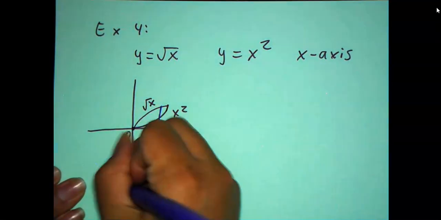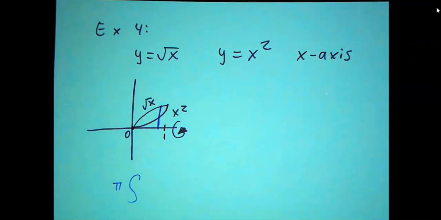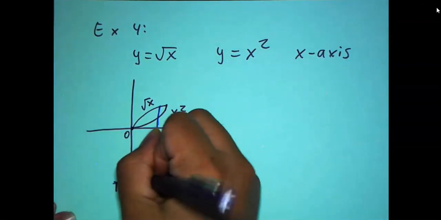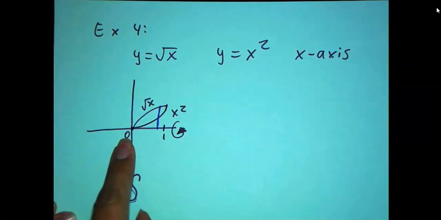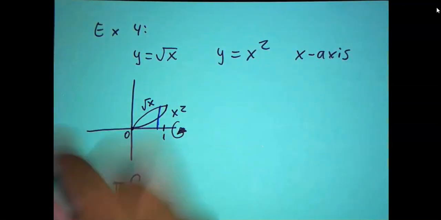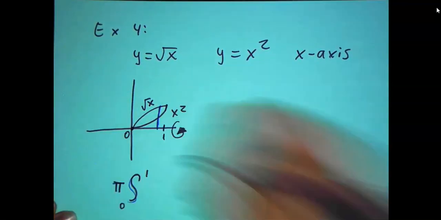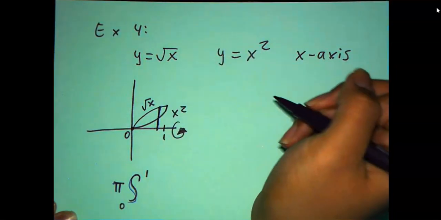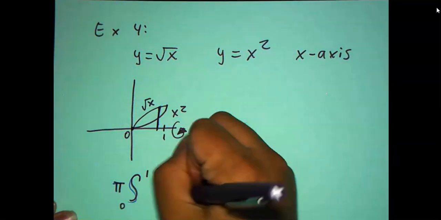Remember that we have our pi. Pi doesn't change, pi doesn't go away. So we have our pi, and we have our integral, and it goes from 0 to 1. That will be our limits, our boundaries, from 0 to 1. In this case, from here to here is my bigger radius, so I'm going to have the square root of x squared